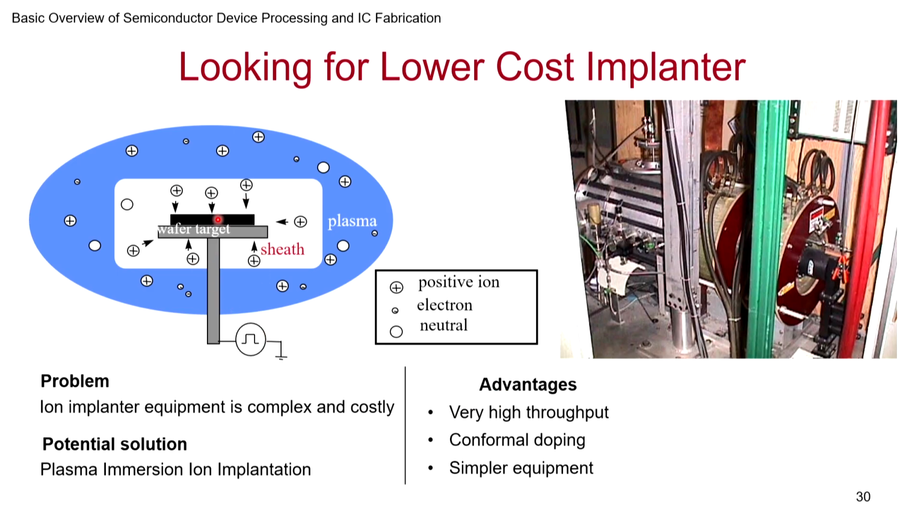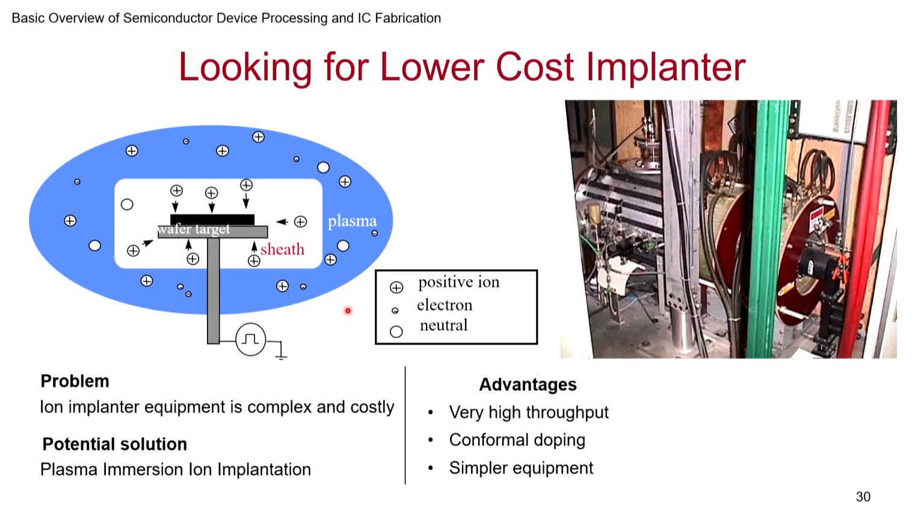Another interesting thing is that the original inventor of this, his point is that you have conformal doping. If you have a trench and I want to implant inside the trench, this is a beautiful way of implanting, because the sheath is formed conformally around the trench. Of course, you have to play with the concentration of ions in the plasma, and then when you apply a bias, you get implantation in the trench. This is a wonderful way for doping non-planar structures.